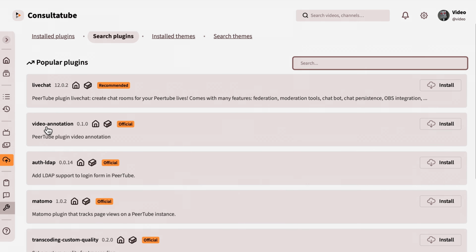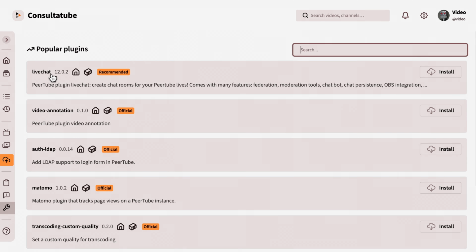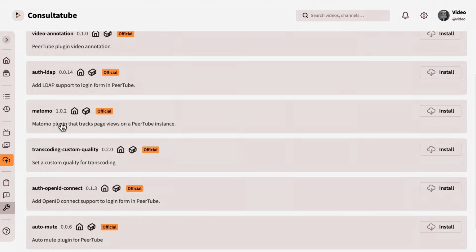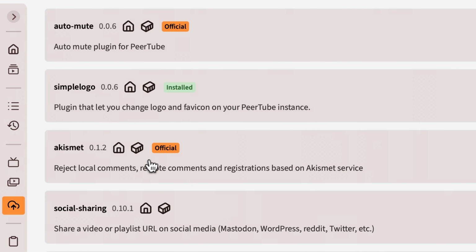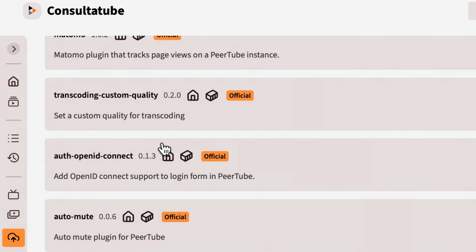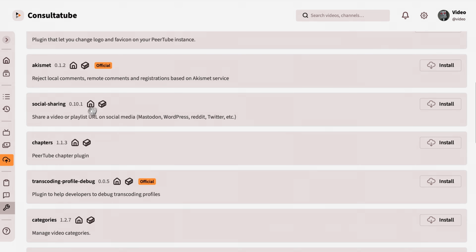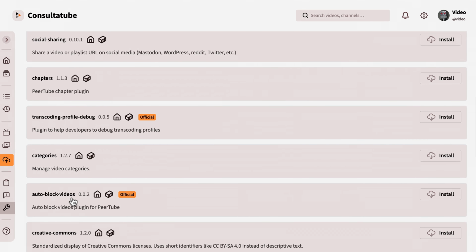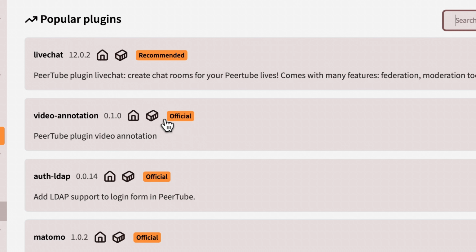All right, so that'll update the icon over there and the favicon over here. There are some other plugins that you might want to use. These are more relevant if you want to have live chat during streams. That's one that's quite useful. You can see the official ones here, which I would recommend sticking with generally, unless you are fairly familiar with it. You can see the recommended and official plugins.